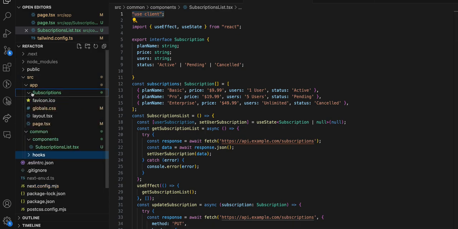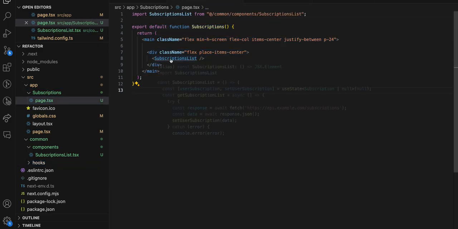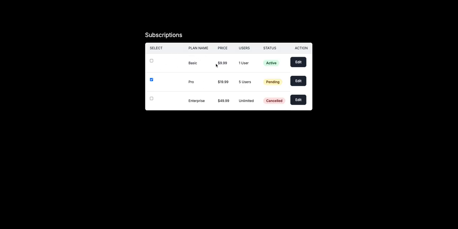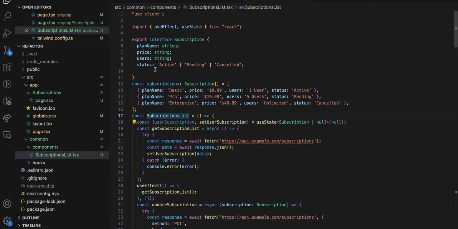In app I have a subscription page, which is basically just calling this list and rendering it over here, and we can see these 3 subscriptions are there for this particular user which are being listed. Okay, and I saw this, we generally start with small and we just keep on adding more stuff into that component, and then the component grows and it's hard to scale it up from one point. So in this code I will show you,